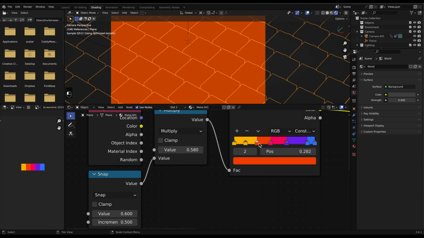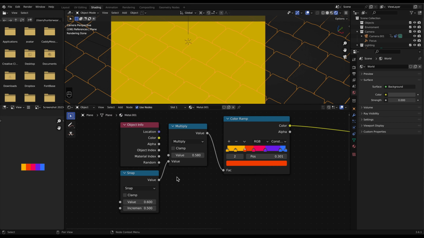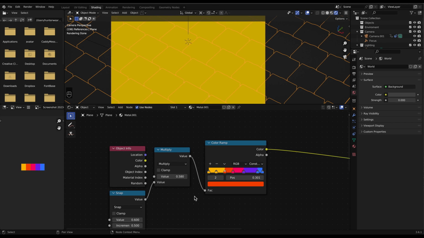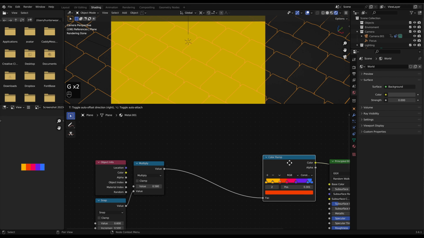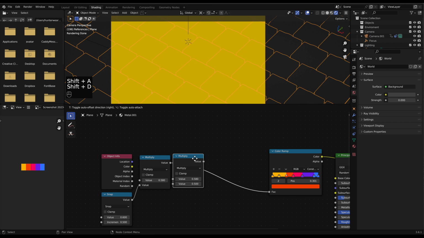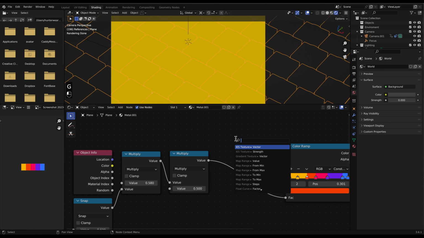If we move that past 0.29, you'll see that it'll switch colors. So how can we actually use this? If I move this across, we can add in some more nodes in here. We're going to add in another math node. We'll just duplicate this. And I'm going to also add in a mix color node here.